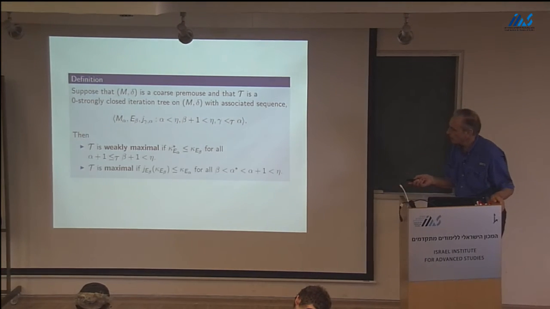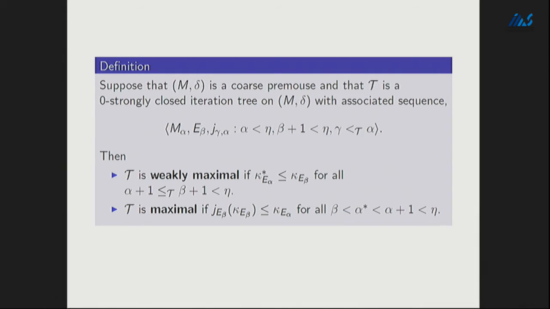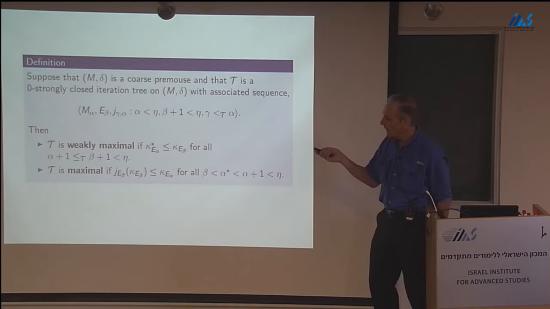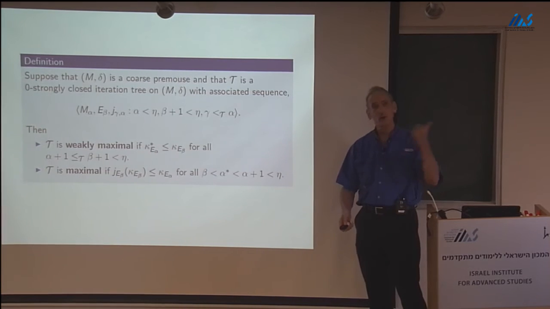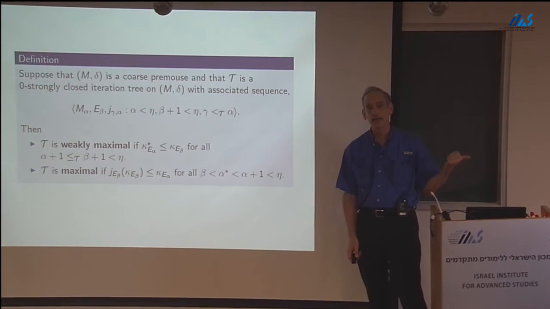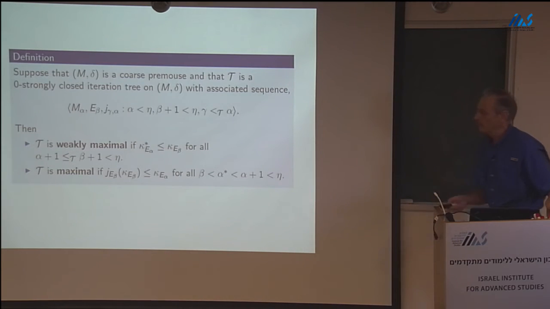A stronger notion, which is going to be the one relevant for the next few definitions, is when the tree is maximal. In a maximal iteration tree, all this is saying is that you have to choose alpha star as small as possible, subject to the rules of the tree. So weakly maximal does not imply maximal. Maximal implies weakly maximal, and that's a good exercise. So if you always go as far back in the tree as you can, you will generate a maximal tree. That's what a maximal tree is.